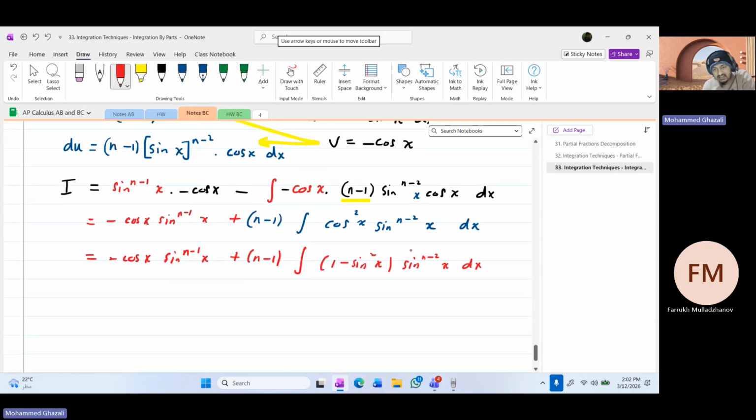Now I'm going to multiply this inside. If I multiply this on the inside, I'm going to get 1 times sine^(n-2) x, and this times this is negative